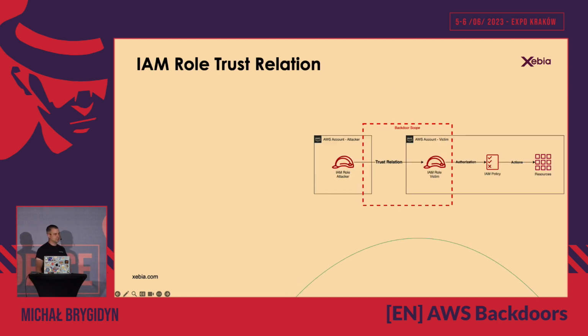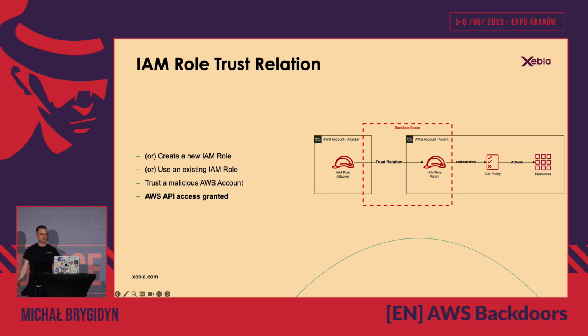Then let's jump to another backdoor, and this one is interesting because it's hidden, and it's a trust relation between IAM roles. Let's say you have an IAM role for your EC2 that gives you admin access. It's Jenkins and it's admin access. And I have access to your account, so I just need to modify the trust policy for that role, trusting my external account. It can be my account or it can be another hacked account